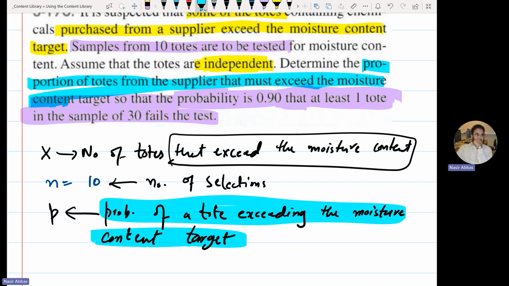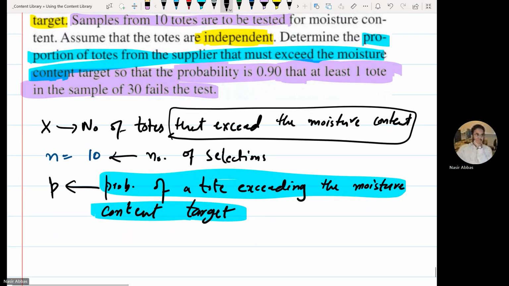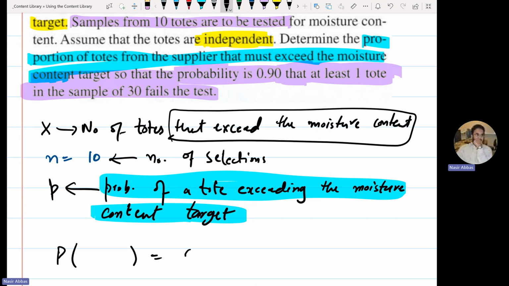Determine the probability of totes from the supplier that must exceed the moisture content, P. Determine the value of P such that, now read what is given, such that, what is given? Probability of something is 0.9, that is given. What is the probability of that? What is that something? At least one, out of a sample,